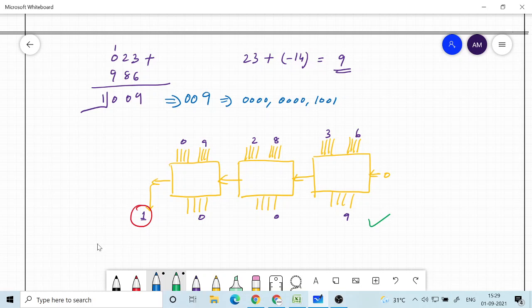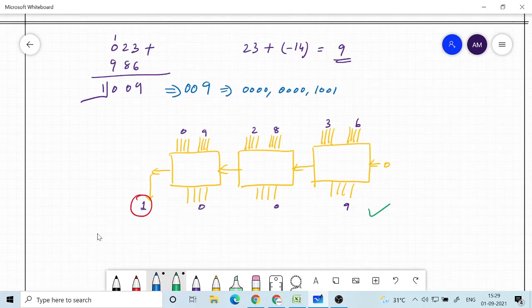You can do the opposite case too, 14 minus 23, in which case, as you know, the output will have no carry, but the result will be in tens complement form. Here also it is in tens complement form, but since it is a positive number, this is the sign, so that is positive, and the remaining 2 digits are the result.